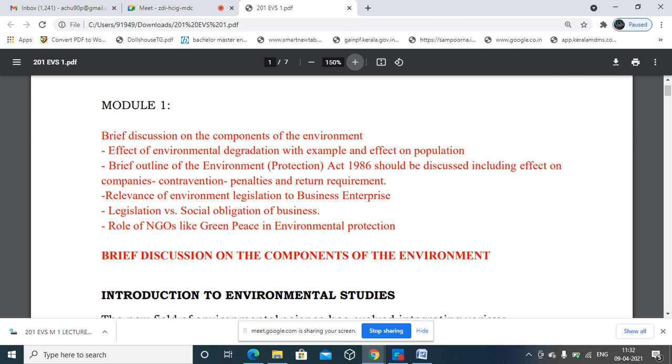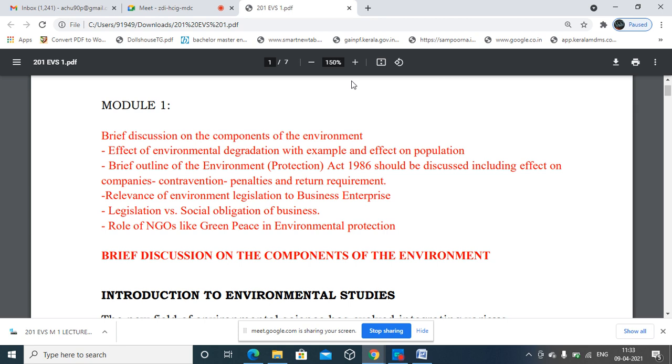affected. Effect is a noun. Phala, environment degradation the phala endaanennalleyanu. Affect, in one term, you just think about the term affect. Affect is a verb. How it is going to affect you, how it is going to have an impact on you. These two differences, please note down. Sometimes we have to use both simultaneously. Affecting the environmental quality. Affecting, effect